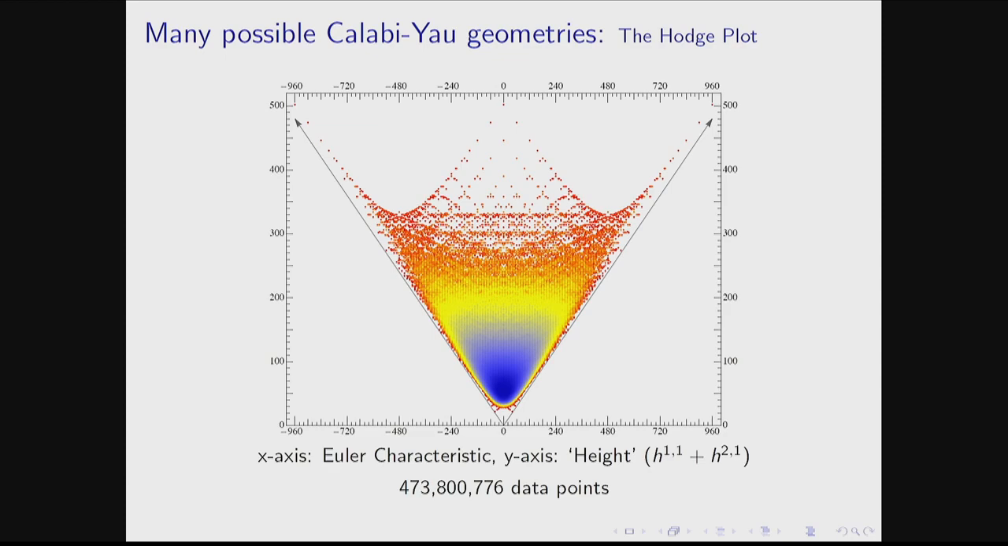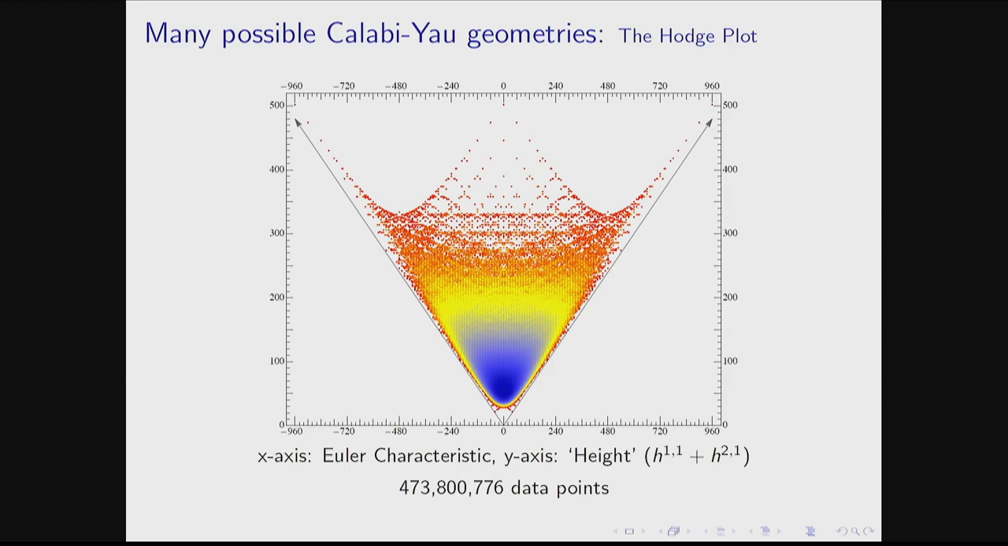Some of you, well, probably all of you, have seen this plot. On the x-axis is the Euler characteristic, which is twice the difference of these two Hodge numbers, and on the y-axis is the sum of these two Hodge numbers. This is a very beautiful plot. It's called the Hodge plot, and it has roughly 500 million data points. And if you look at the bottom,